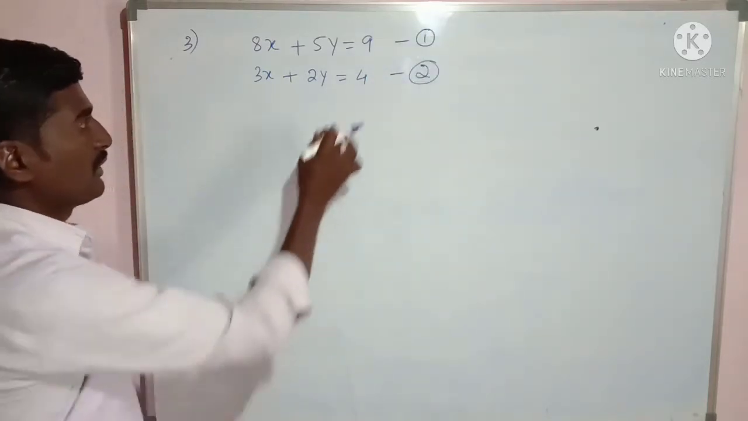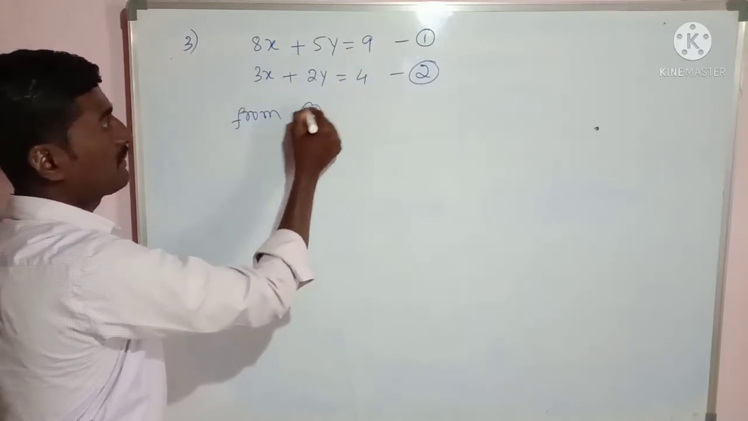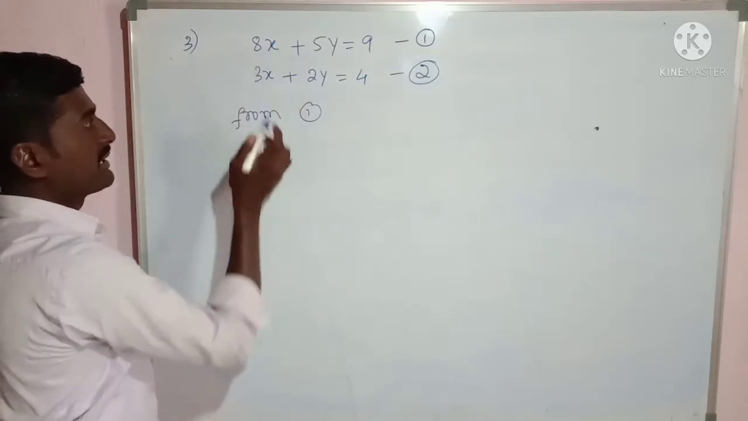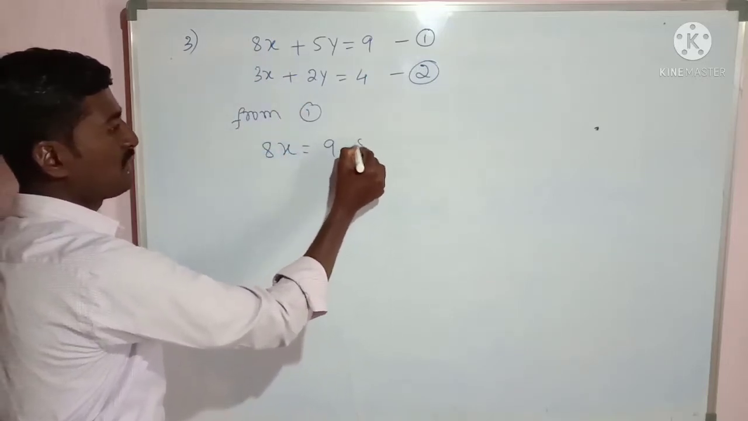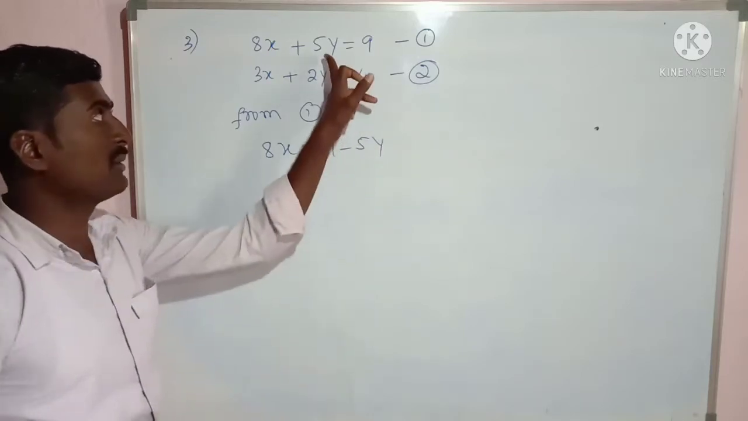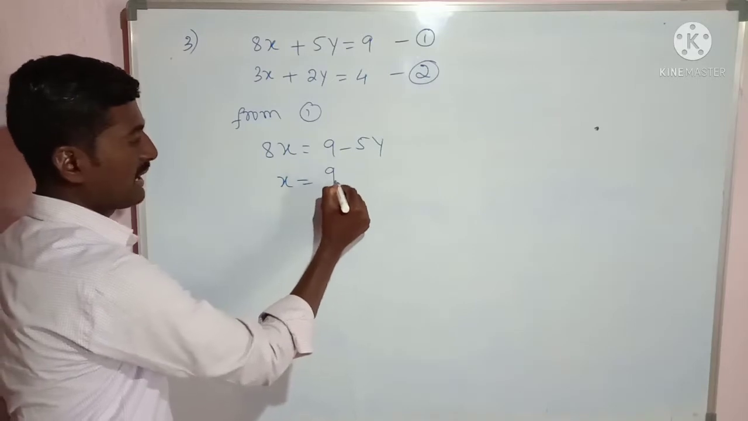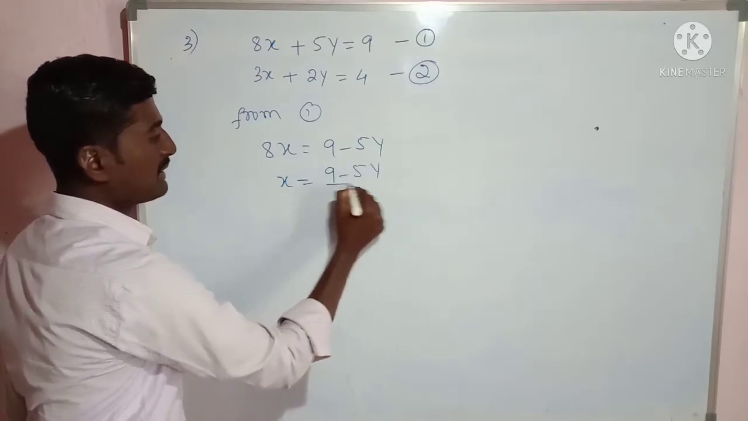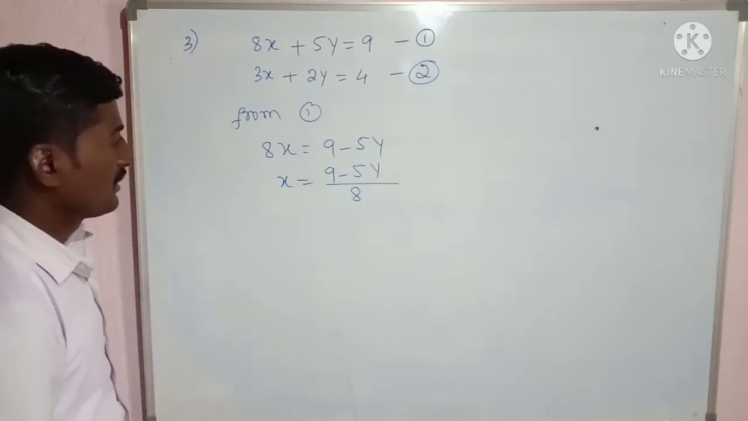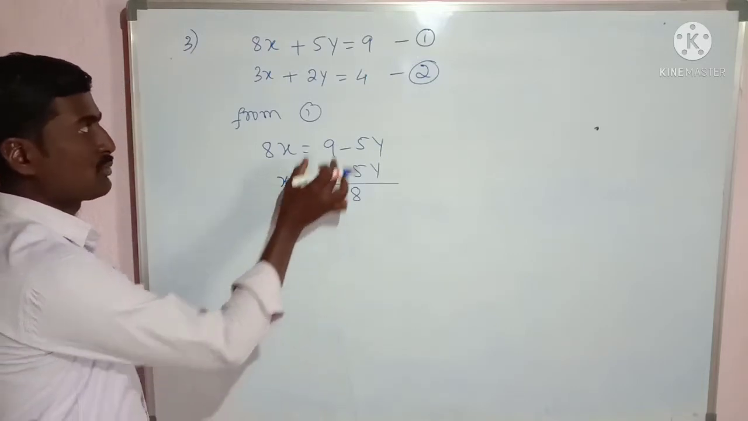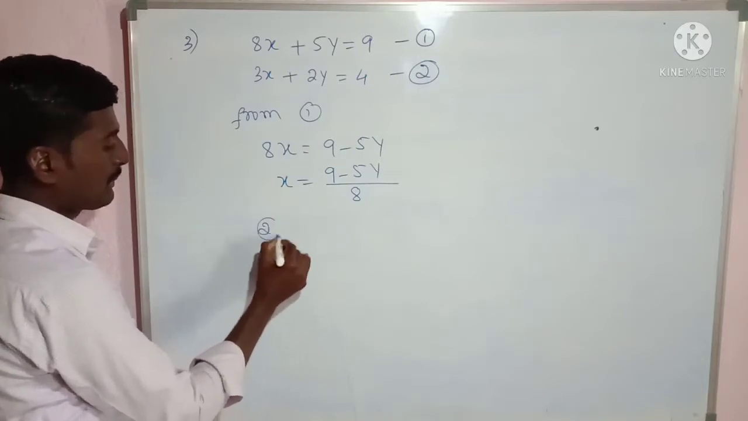Now from equation number 1, I'll write 8x is equal to 9 minus 5y. Am I right? I have taken 5y to the right side. Then x is equal to how much? 9 minus 5y divided by 8. Now I will substitute this x value in equation number 2. So equation number 2 implies